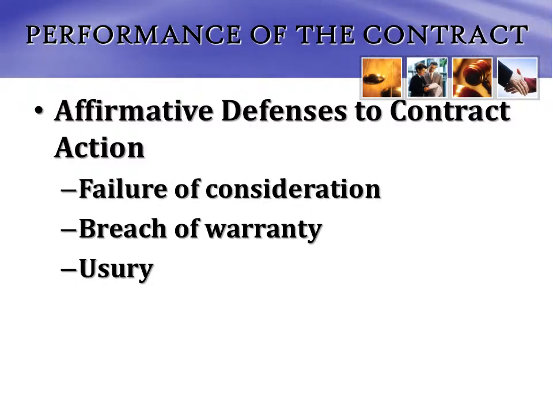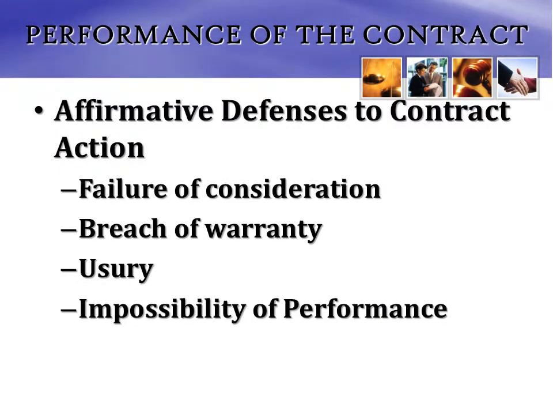Okay? A third is an old concept called usury. This is the charging of exorbitant and unconscionable rates of interest. I like to use the example that Shakespeare gave to us. The Merchant of Venice. What was the payment on the loan? The pound of flesh closest to the heart. That's an exorbitant rate of interest. If you take the pound of flesh close to the heart, you're killing the person. Right? So unconscionable rates of interest. Exorbitant rates of interest. Okay?